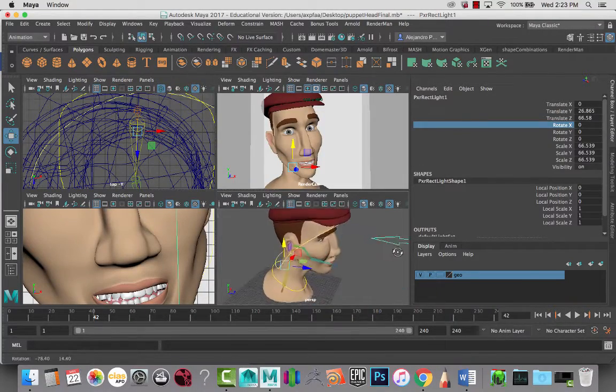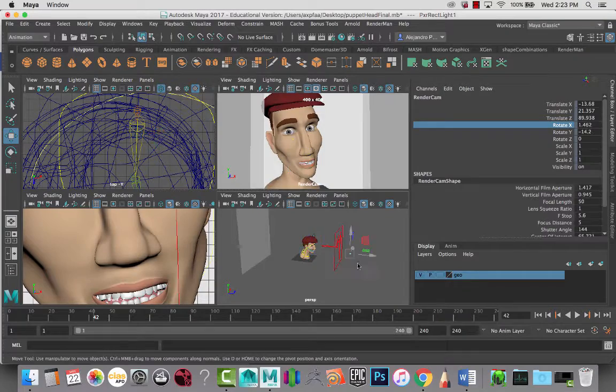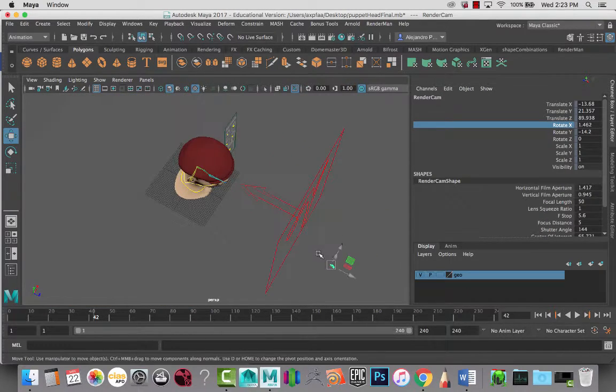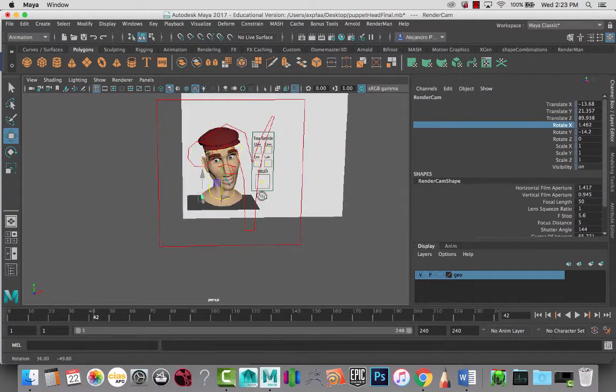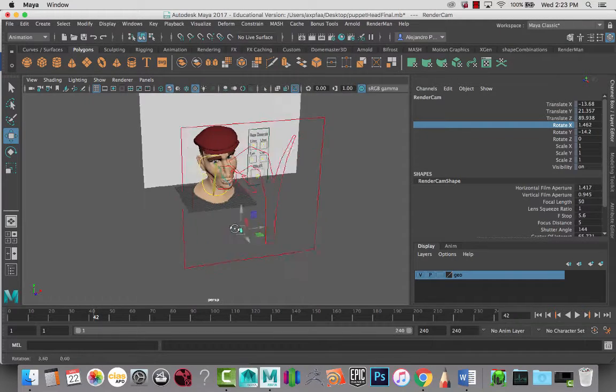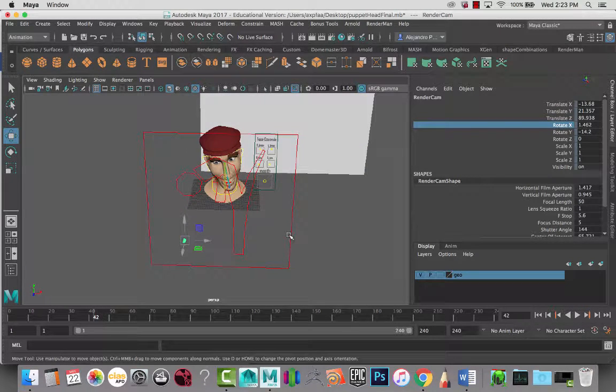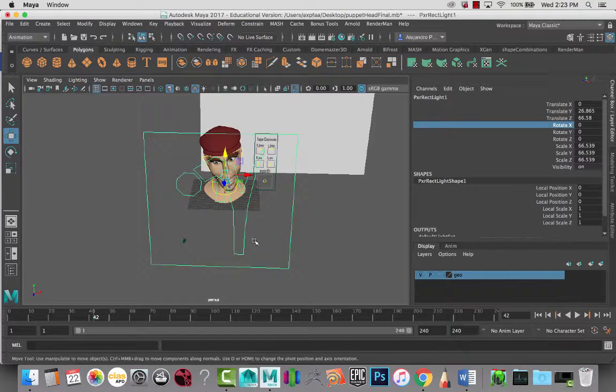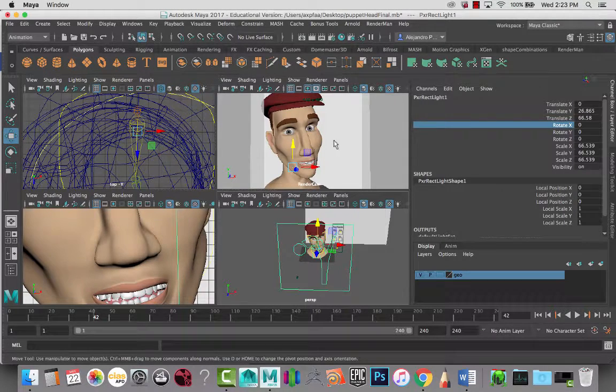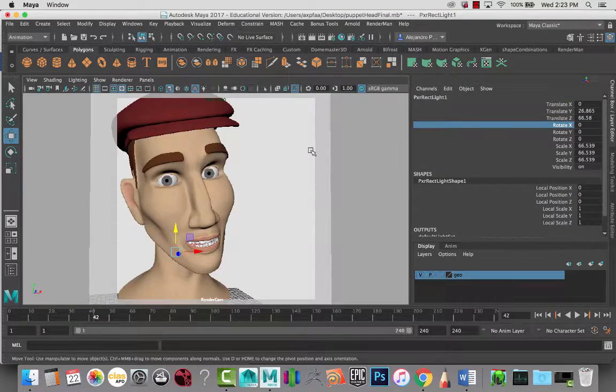So if we look at the camera in the scene, it's right here. It's almost straight in front, but just a little bit off to the side. Just so that you know where the camera is, but we're mostly going to be doing work with the lighting here. So the first thing that we're looking at is lighting straight on,